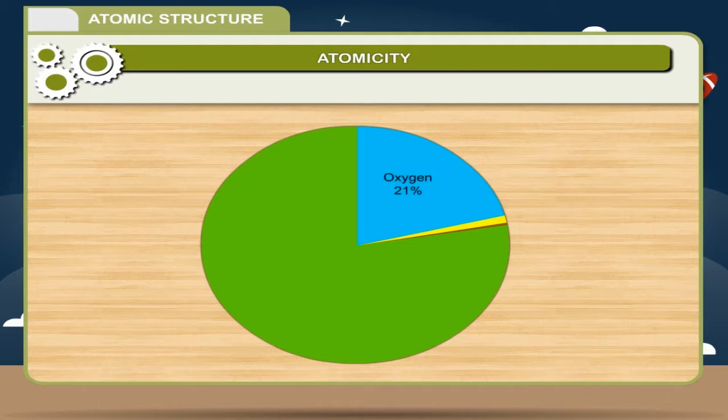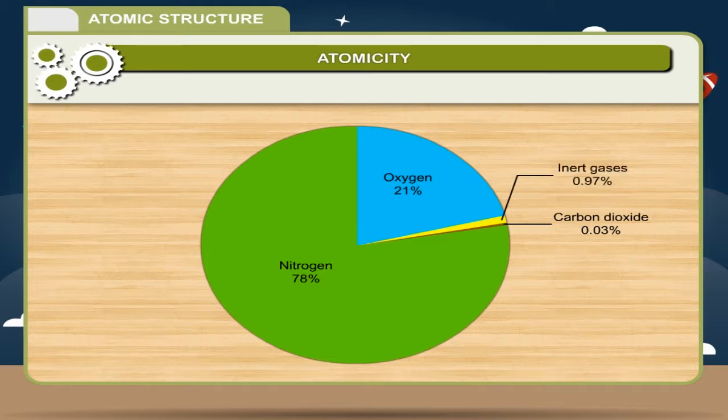It contains oxygen, 21%, carbon dioxide, 0.03%, nitrogen, 78%, inert gases, 0.97%,